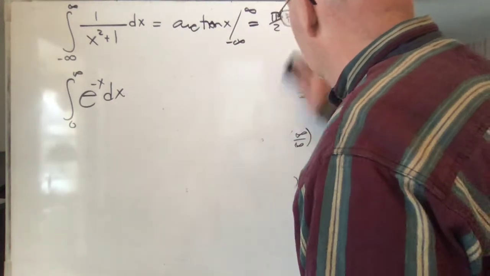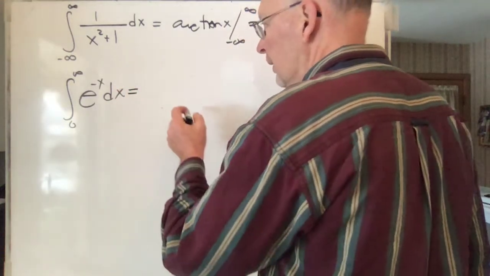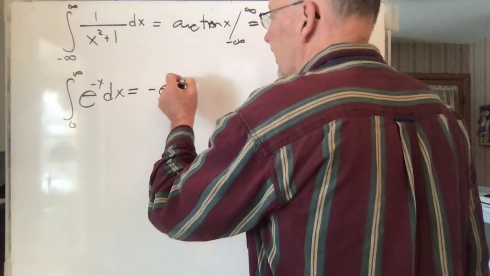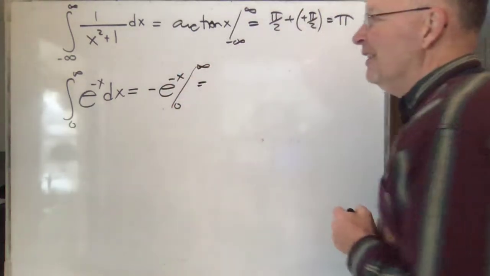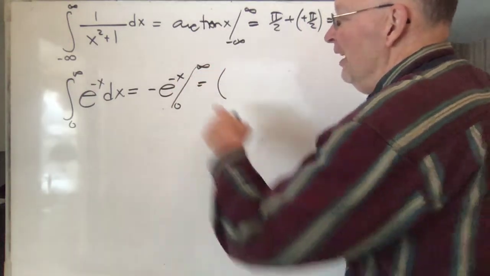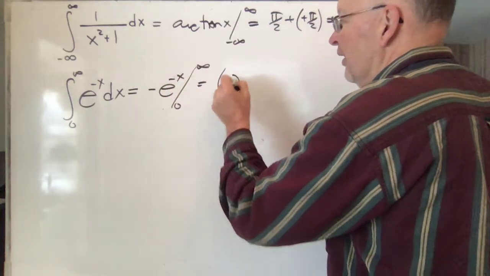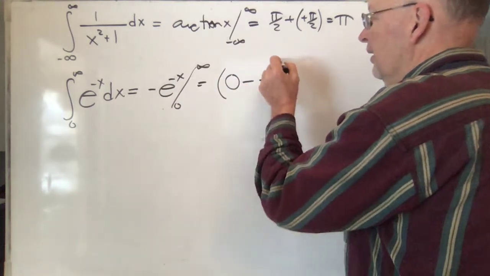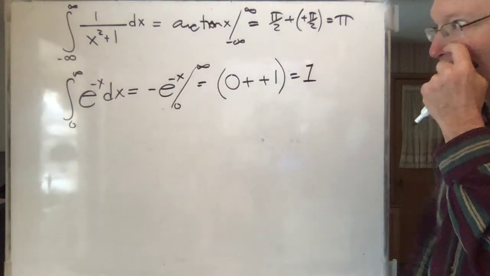Before we even begin, let's go ahead and find out what it converges to. And that's easy enough to do. The antiderivative is going to be minus e to the negative x from 0 to infinity. I use the phrase stick in infinity, but that's not what I mean. What I mean is you take the limit of this as x goes to infinity. As x goes to infinity, e to a large negative number is going to go to 0, so that's going to be 0. Subtract. Now you're going to get a negative, stick in a 0, and you get a 1 there. So that thing goes to 1.